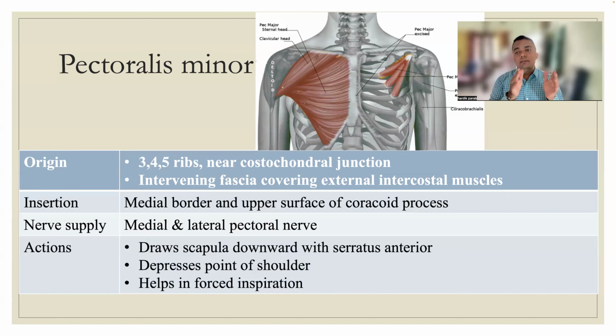So it is done by this pectoralis minor muscle. It also depresses the point of the shoulder, so it helps you in the depression of the shoulder, and it helps in forced inspiration. For a deep inspiration, when you are trying to do a deep inspiration, then also your pectoralis minor will be